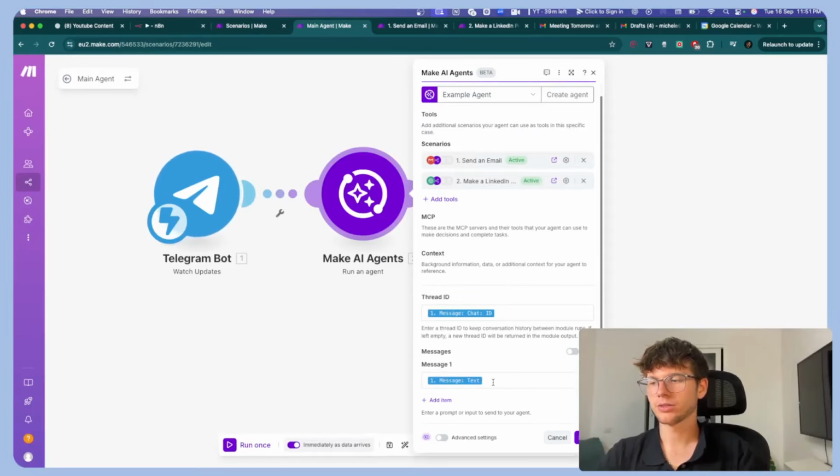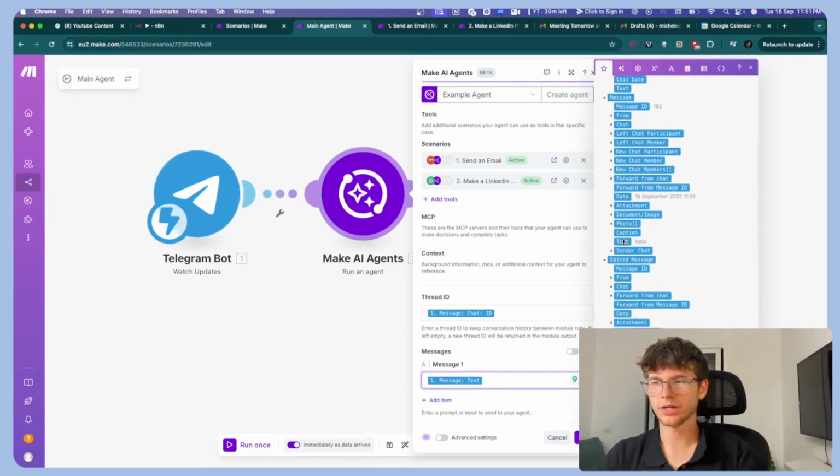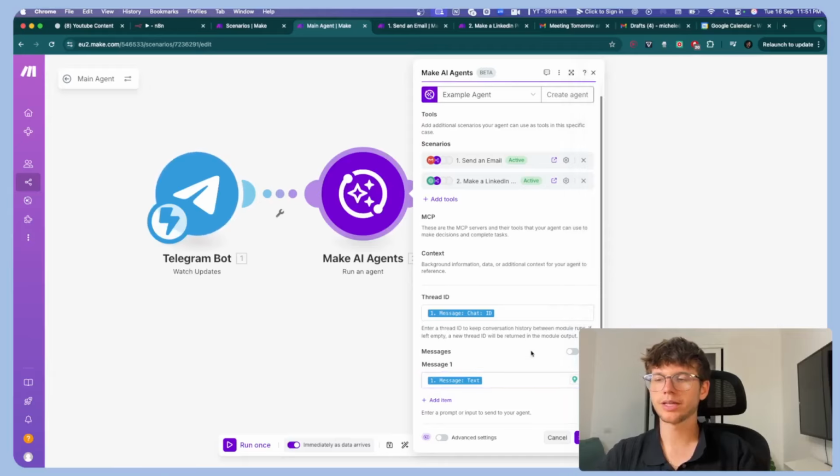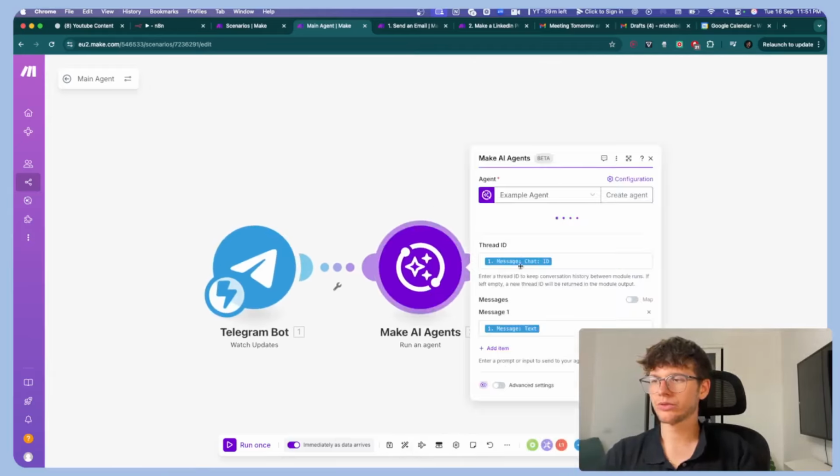And then the message. So the message in this case can be hello. There's a text right here. We'll just pull it across. And this will be the thing that we actually give it. This is the input. All right, so once we connected this to the 2 different tools, in this case, the 2 different scenarios,